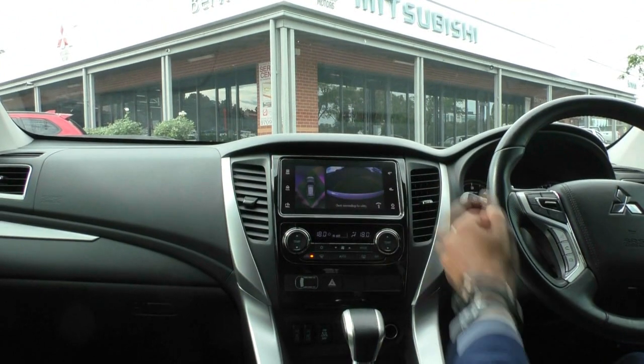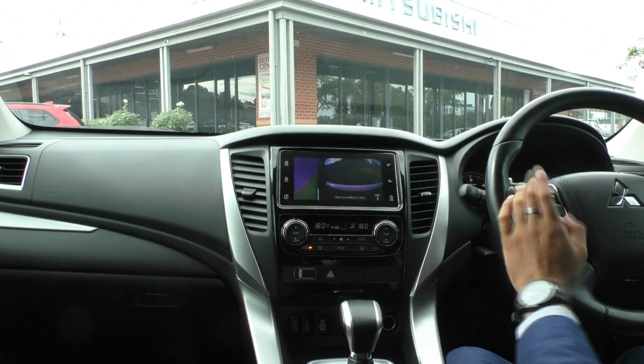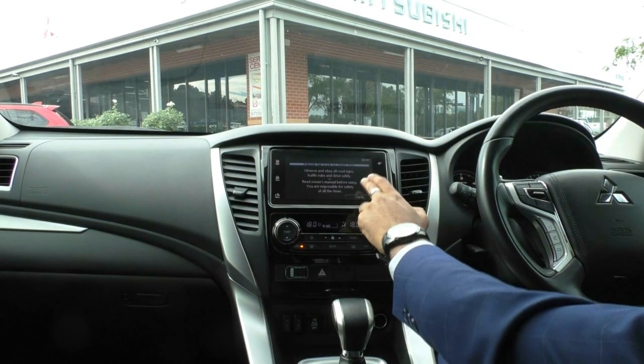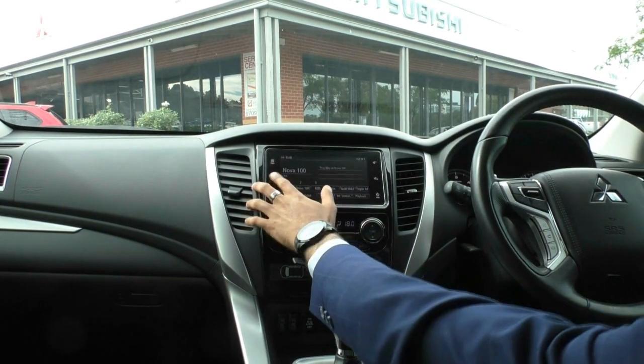Now on the screen here, you can actually see the camera I was talking about before. It does have a camera to help you park so that you don't scratch your rims on the left hand side, and then obviously just its standard settings. So if I press agree to that, it's got FM, AM,